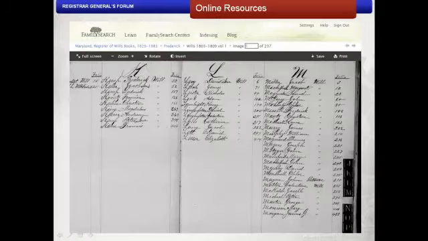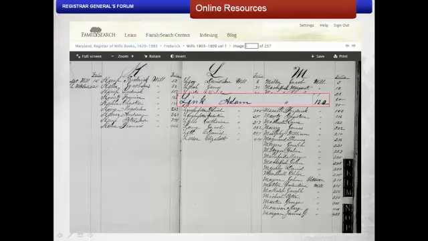The indexes can usually be located in the beginning or the end of each book, or even in a separate volume. In this case, the indexes for Frederick County are found in the beginning of the book. Testators are typically listed alphabetically by last name and give a page number for the record. Use this page number to locate the will, but keep in mind the digital image number and the book page number are not the same. In this case, Adam Link's will can be located on page 120.